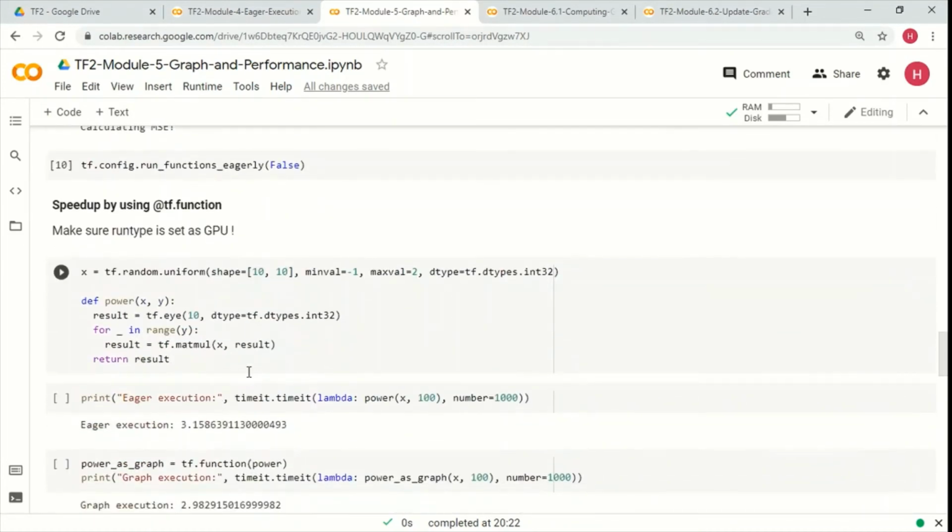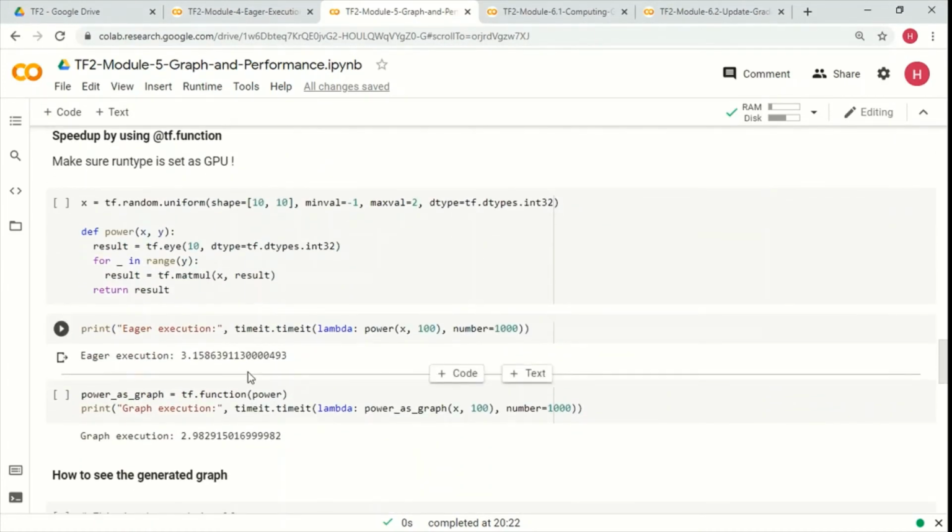Now we'll also see how performance improves when we use graph execution, that is, when we turn off eager execution. We have created one small function here to test this, and we are generating some input data x as a 10 by 10 matrix.